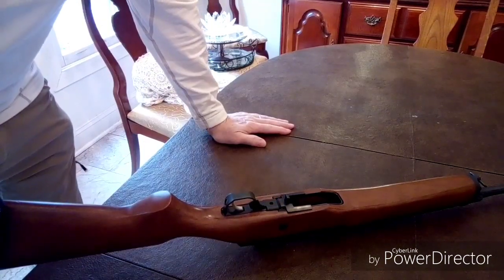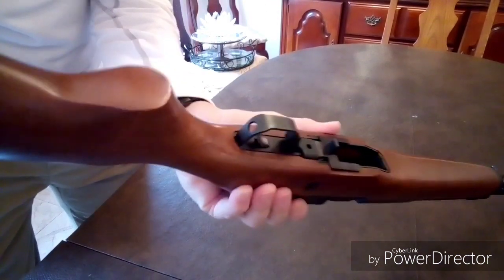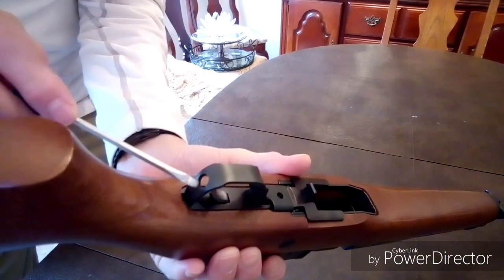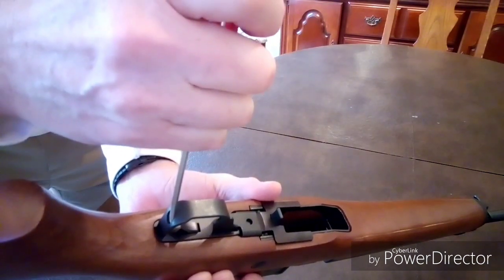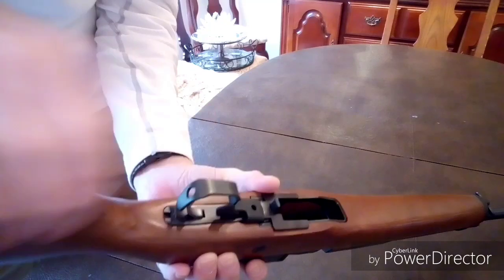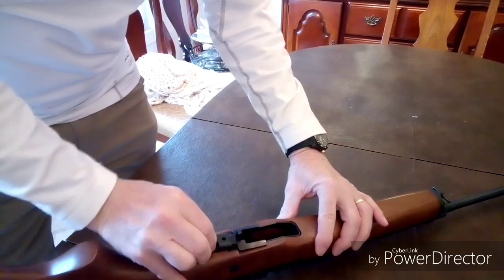The next step is to remove the trigger housing assembly from the rifle. Now, if you notice right here, I'm going to get a close-up. You notice right here there's a little hole at the rear of the trigger housing assembly. Place a screwdriver in here so that it gets a little bit of leverage on it, and just push it forward so that the thing disengages from the gun, just like this. See how this disengaged? Okay, once you get to that position, the trigger housing assembly lifts straight up out of the rifle,